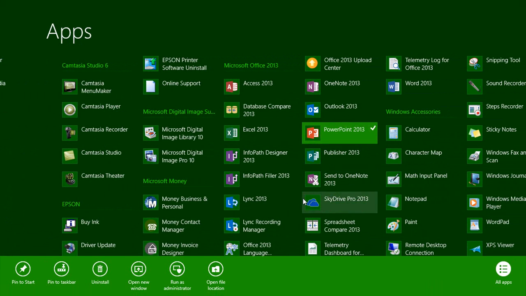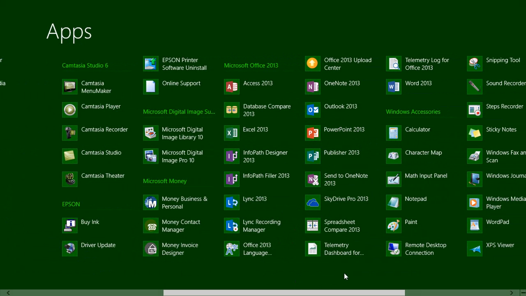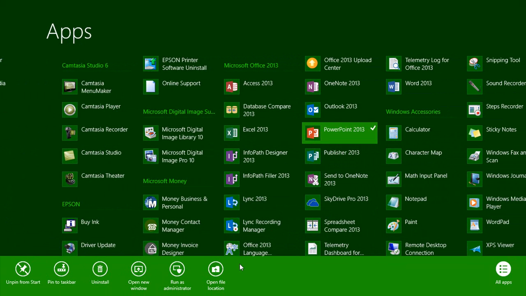And now I'm going to go over and find PowerPoint right there, and if I right-click on that, I get an app bar down at the bottom that allows me to first pin it to the Start screen. So now I've added PowerPoint there to make it easy to launch, but I'm going to go one step further. I'm going to select it again, go over here and choose Pin to Taskbar, and now we've added